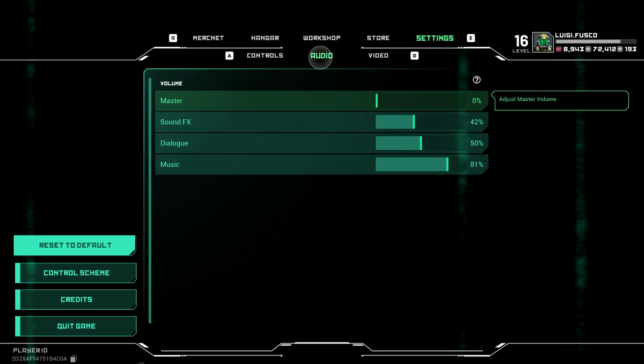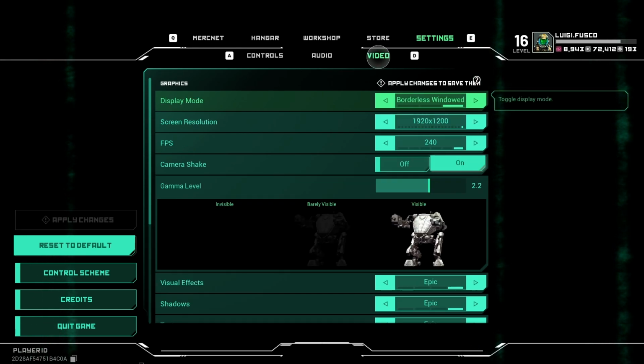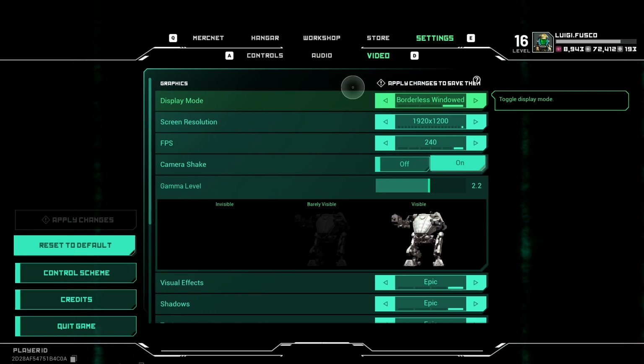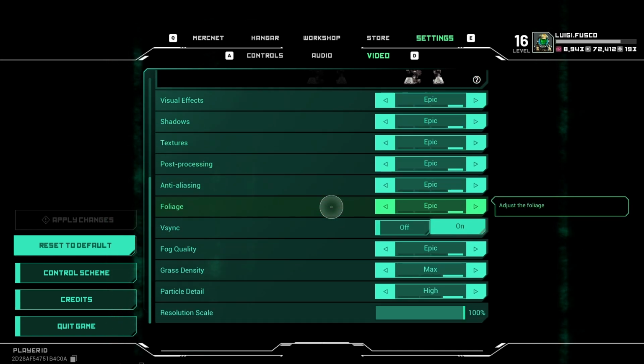Audio wise, everything that you're expecting, very simple there, nothing really much to talk about there. And the same with video, just a bunch of options that you'd expect. Display mode, windowed or not, screen resolution, FPS, camera shake, etc., and just visual finesse. So this is where you would come